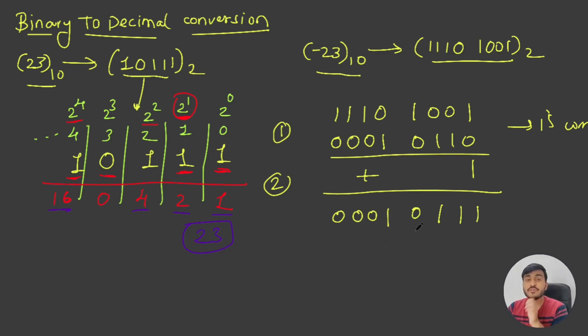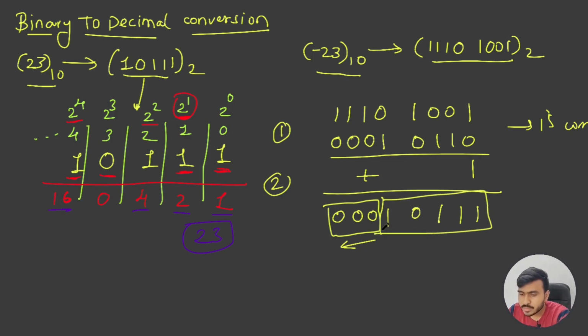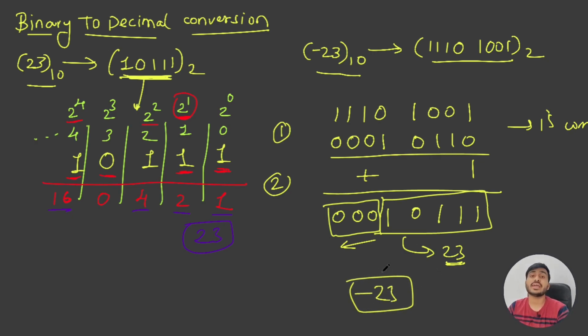Okay, now if you observe this number very carefully, just ignore these zeros, because consecutive zeros on the extreme left hand side don't make any sense. They are not of any use. So if you observe this number, it is very similar to this number, and this is nothing but 23, or plus 23. This is the magnitude that we are getting for our negative number, and what you just have to do is add a minus sign to this magnitude,